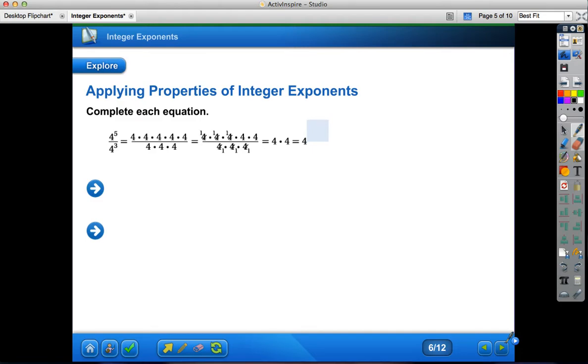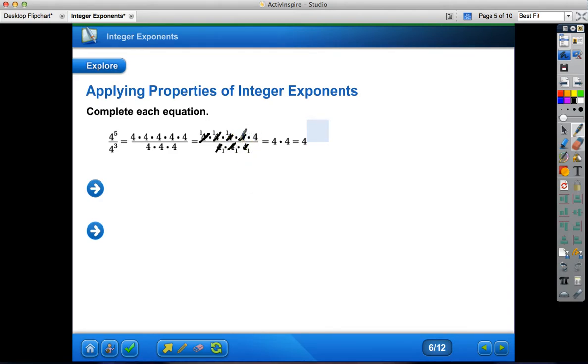All right, so now that worked on when you're multiplying numbers with exponents. Now what happens when we're looking at dividing numbers that both have exponents, or the same numbers with exponents? So here I have 4 to the 5th divided by 4 to the 3rd. If I actually write it out in its repeated multiplication, and remember my rules when I'm dividing, I can cancel out. So for every 4 that I have on top, I can cancel 1 out on bottom, as long as